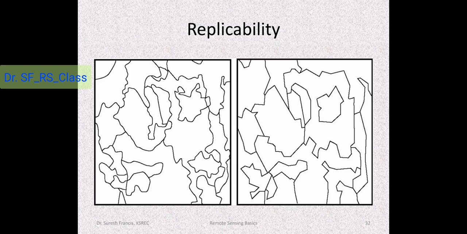You should be interpreting at a particular zoom level, and you should be interpreting a particular tone, texture, and that guideline should be provided. If that framework is provided, and if it is done in the same framework, the replicability will be more genuine, and the percentage accuracy will be more.